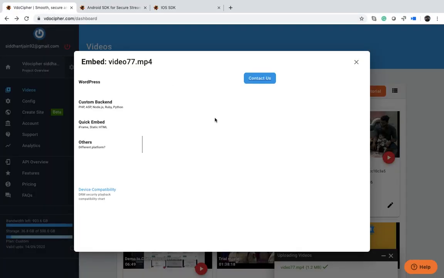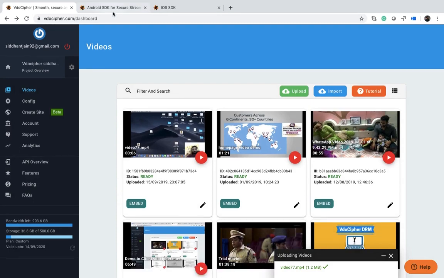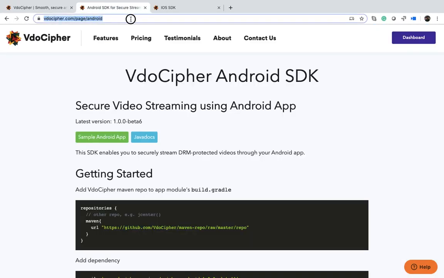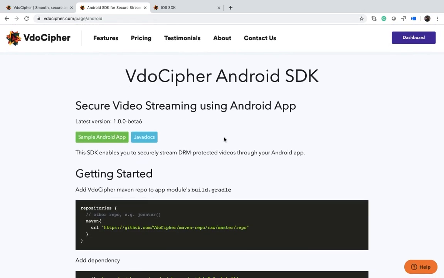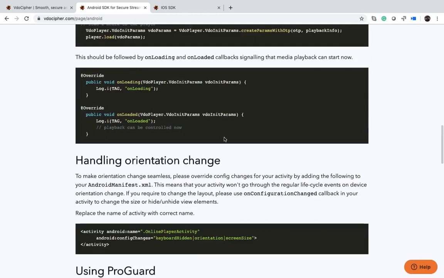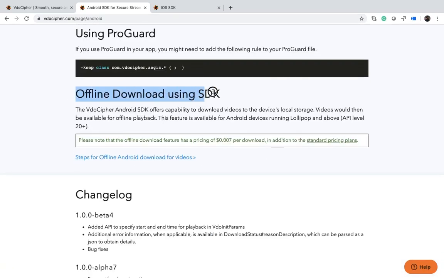Some of you might also require embedding in your app, say an Android app or iOS app. So there are integration points for embedding in the app. One is an Android SDK, which is available at this page. There is also a separate link in the blog explaining more detail for the Android SDK. Our Android SDK supports online playback, and it also has support for offline playback. That is offline secure download inside the app, which doesn't play outside, and it can also be set to have a time expiry, say 15 days, 1 year, etc.